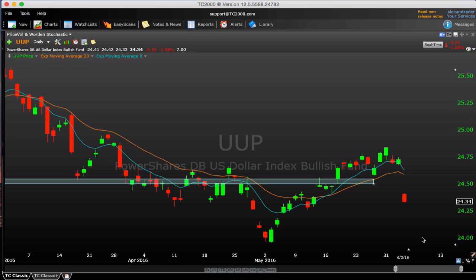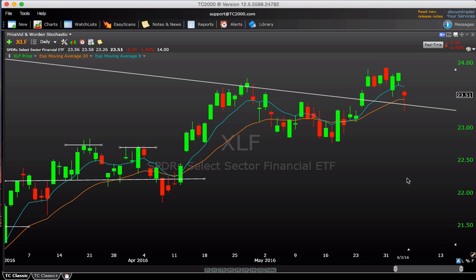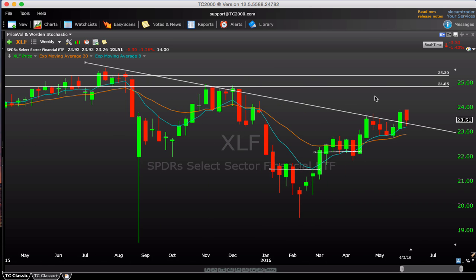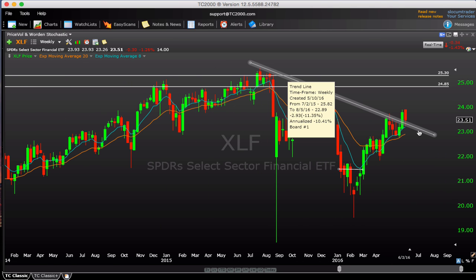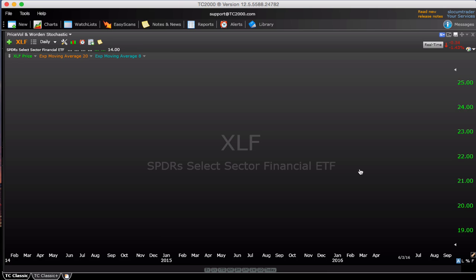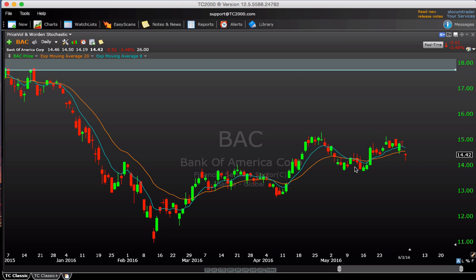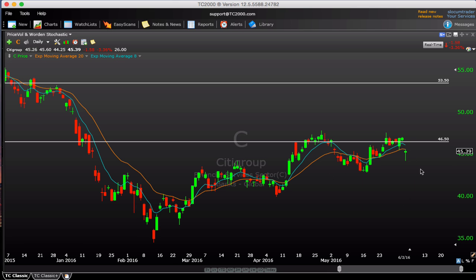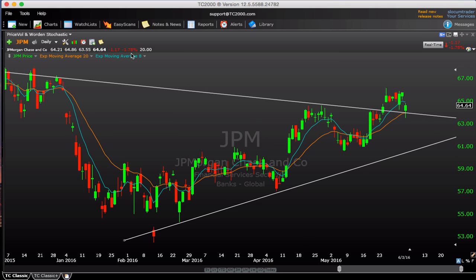Now, looking at some of the sector analysis, we covered this yesterday. The only real standout, XLF, I want to talk about because Friday was a painful day for financials. Even though they did recover and bounce off the lows, you can see it still did come back down. If you look at the weekly chart here, you can see it back to testing and bouncing off this declining trend line there. But a lot of these big names like Bank of America down 3.5%, Citigroup down 3.3%, JP Morgan a little less so, but still hurt, down almost 2%. So a lot of these banks are tied very closely to the rates and what they're doing and what the Fed's decision is going to be on raising rates.